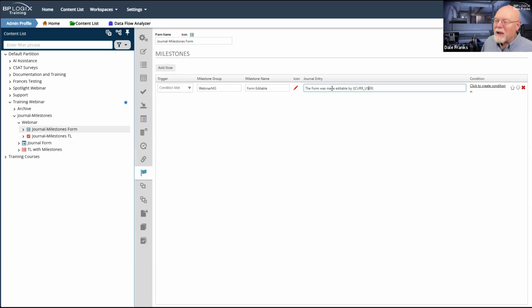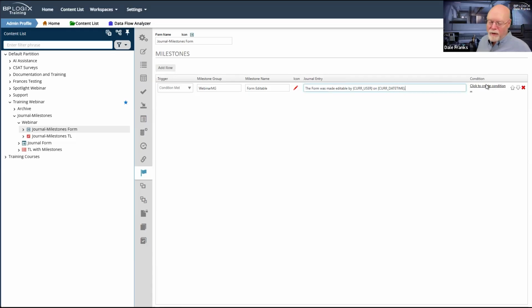I have been working too much in Zendesk, which uses double curly braces, and I have apparently muscle memoried myself into trying to use double curly braces in Process Director. So the form was made editable by current user on, and we'll go with cur date time. And we'll be sure that it says date time.